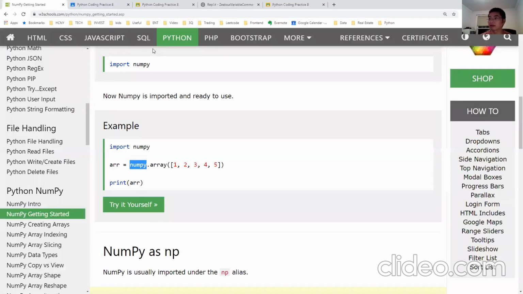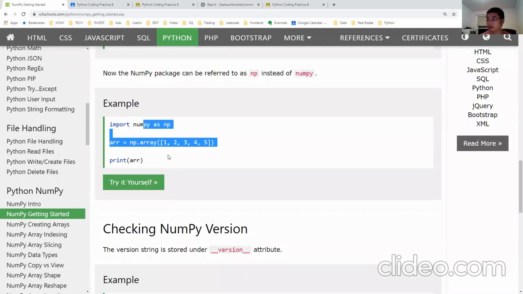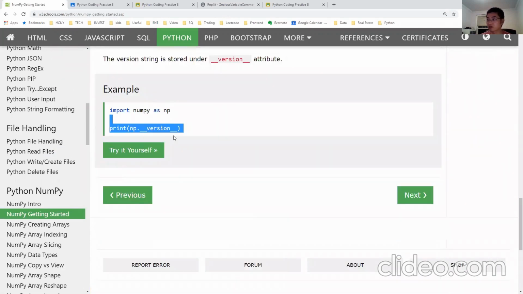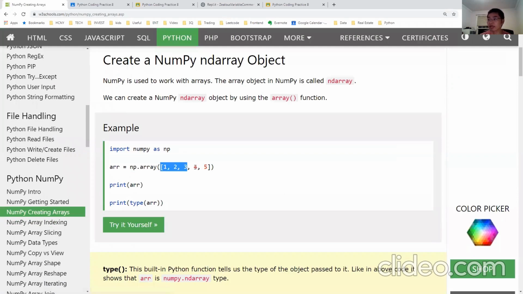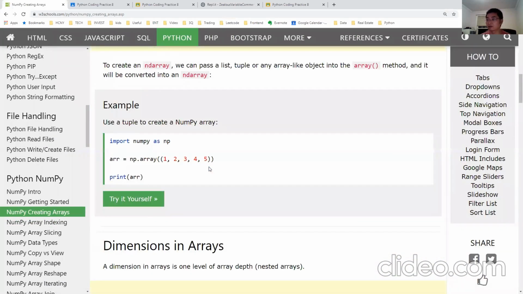We did it here. You can also check the NumPy version, since every module can check its version. We already created a simple one dimension array.